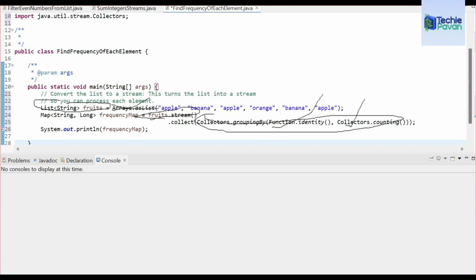So, with just a few lines of code, you can easily find out how many times each element appears in your list. Isn't that